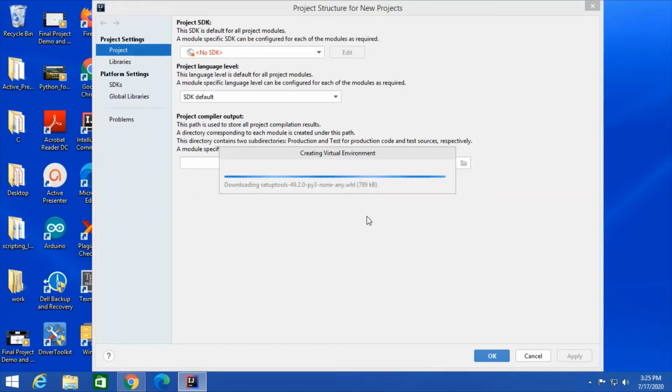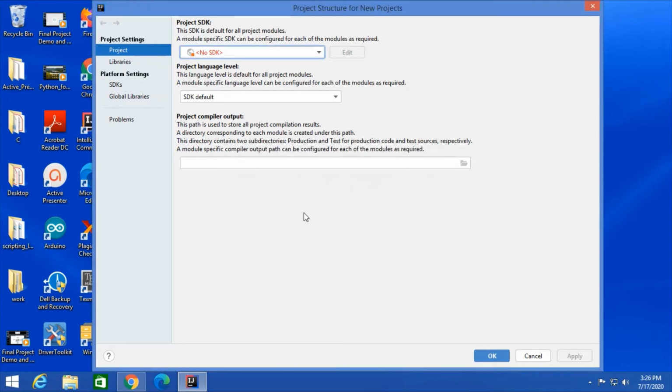This might take some time the first time. As you can observe, it is installing, downloading, and uninstalling some of the stuff that it requires. We'll have to wait for that amount of time. Finally our Python SDK is associated. You can directly click on the OK tab, or you can say apply and then click the OK button.